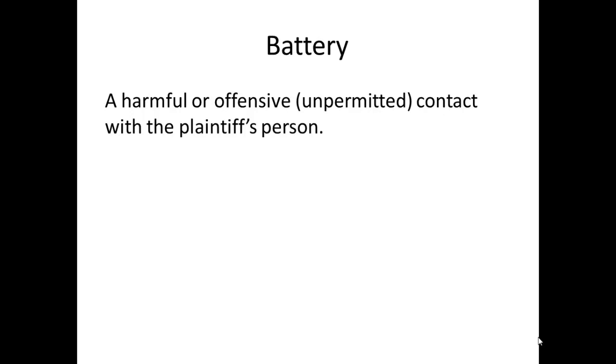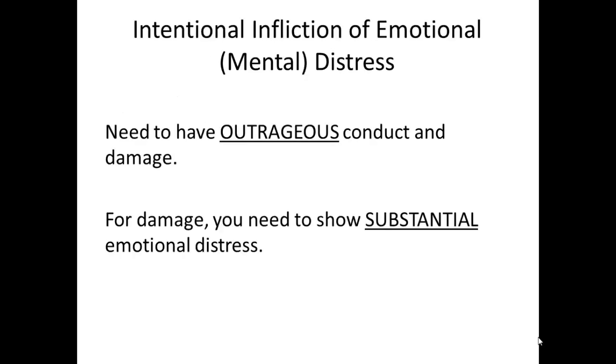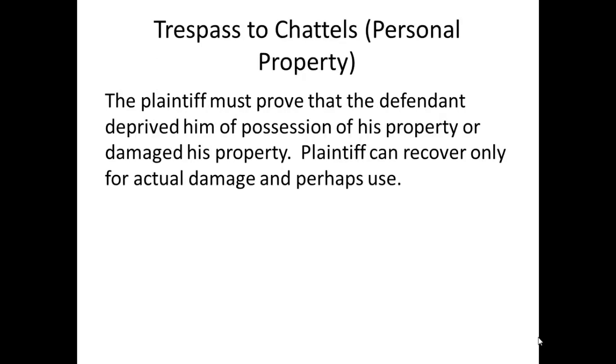And question 4 says, Albert parks his car in front of his house. Later, Frank pushes Albert's car around the corner. Albert subsequently looks for his car but cannot find it for several hours. Frank is liable to Albert for. Answer is A, trespass to chattels, also referred to as trespass to personal property.